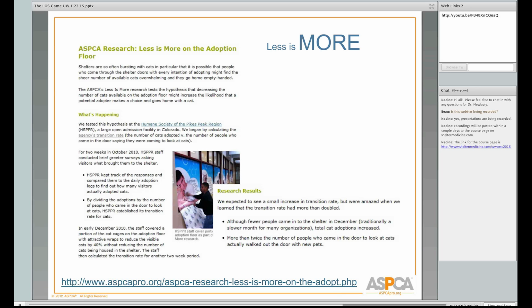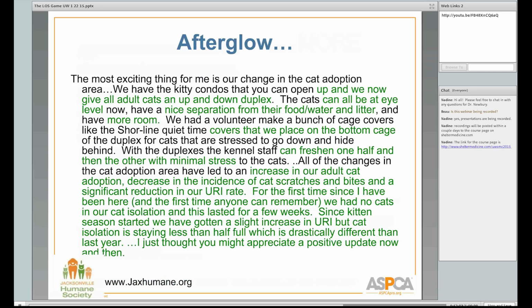And this is just from a shelter, this is Jacksonville Humane, that made a change, and they gave cats a double-sided housing unit instead of a single housing unit, so they effectively cut their adoption population in half. The most exciting thing for me is our change in the cat adoption area. We have kitty condos that you can open up, and now we give all adult cats up and down duplex. The cats can all be at eye level now and have a nice separation from their food, water, and litter,